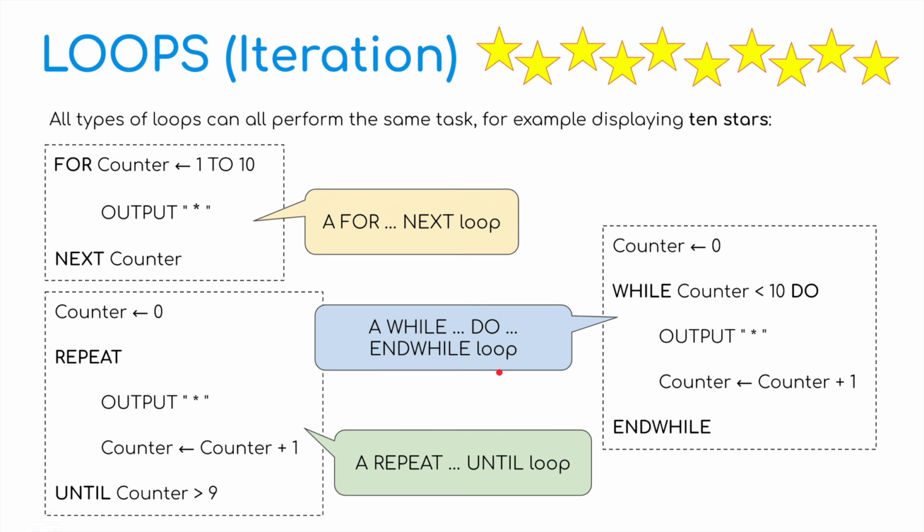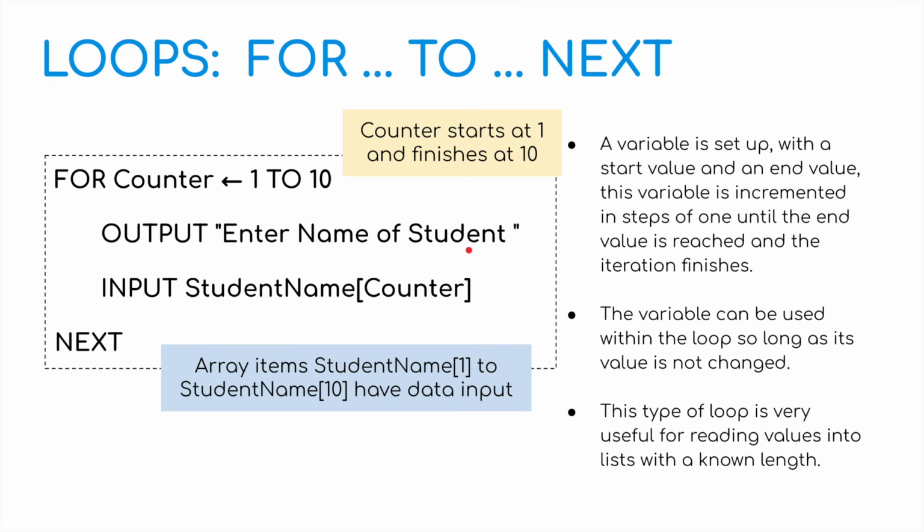10. And then this one, we assign counter again the value 0, but while the counter is less than 10, do this little loop, repeat, add counter plus 1 like before, and then end the while loop once the value is not less than 10, i.e. the value is 10. Okay, so an example on this one, as before, counter starts at 1 and finishes at